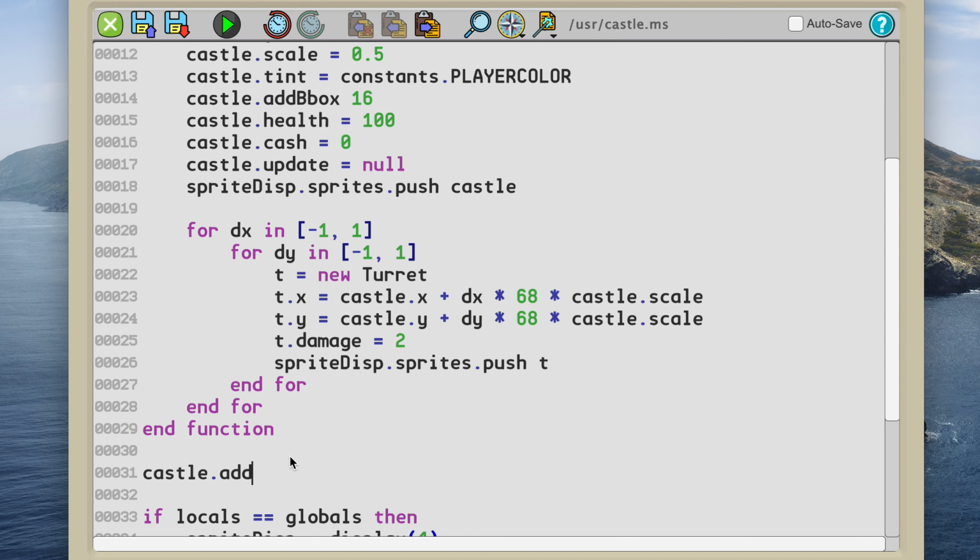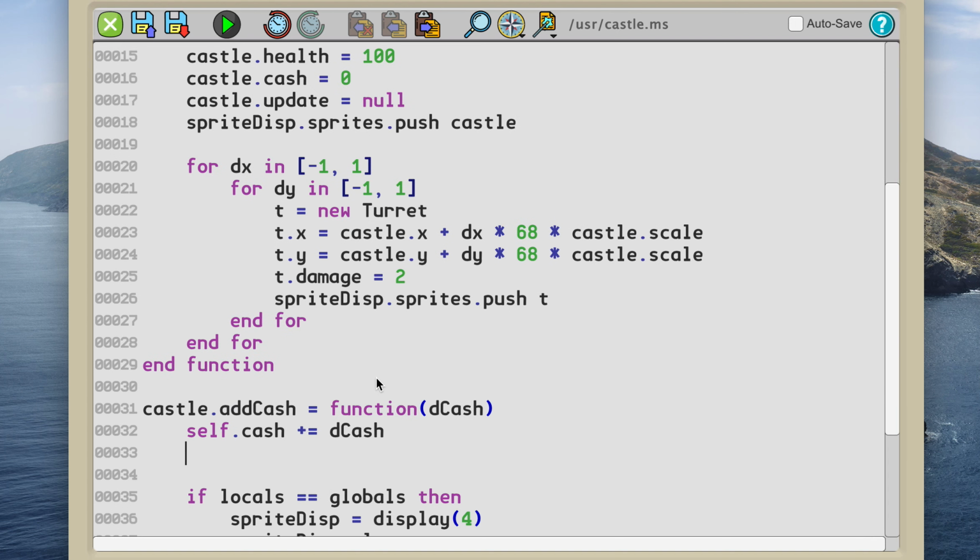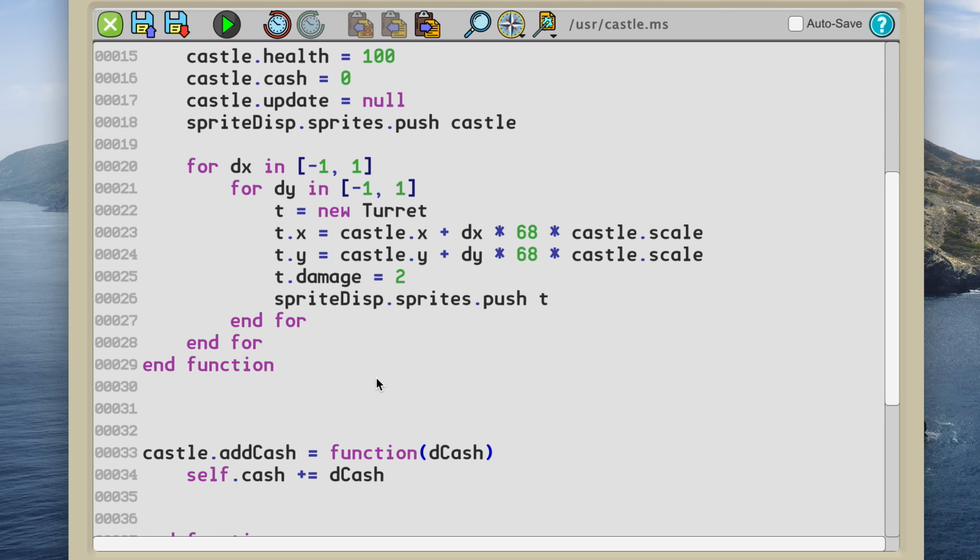Such as castle add cash, dcash: self.cash plus equals dcash. And then I'm going to need a function to draw the cash and the health somewhere. I think I'll just put them at the top of the screen for now. So castle dot draw stats,